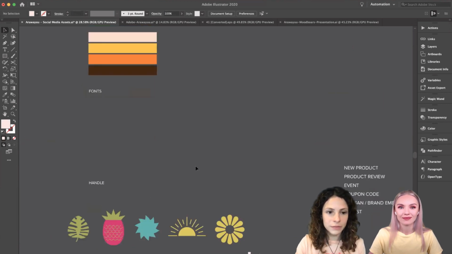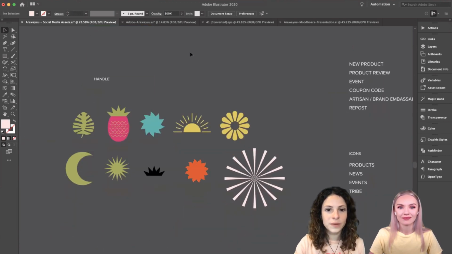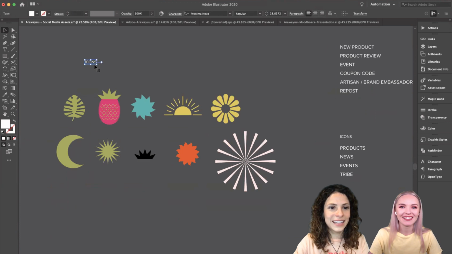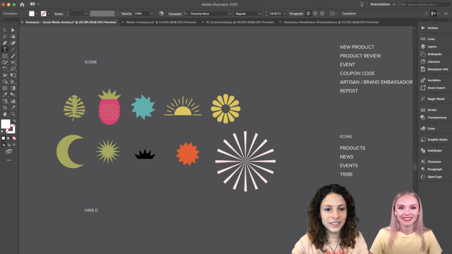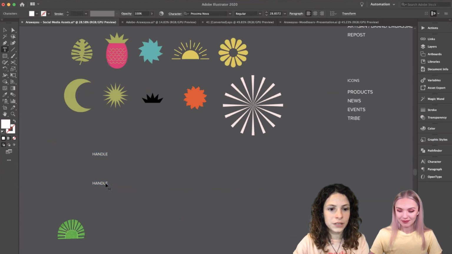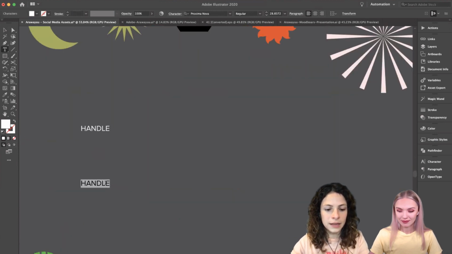And then the fonts, I'm gonna get them from the other document, and a couple of icons actually. And I also do the handle, because sometimes it's good to include it on the posts.